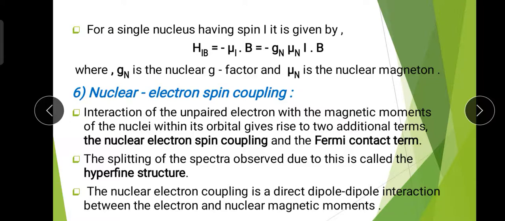That means instead of the nuclear and electron spin, we consider the electron and nuclear magnetic moments, and these two moments give us the dipole-dipole interaction. We know that these two moments act as dipoles, and the distance between the two dipoles is a finite distance. If we draw a straight line between these two dipoles, we get some distance, and the interaction term depends on it.